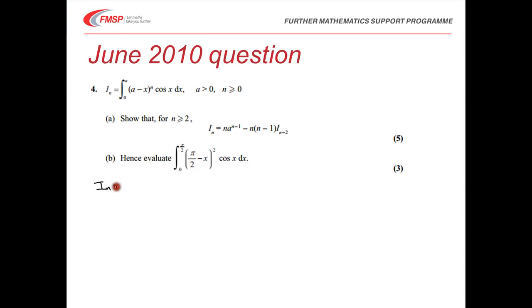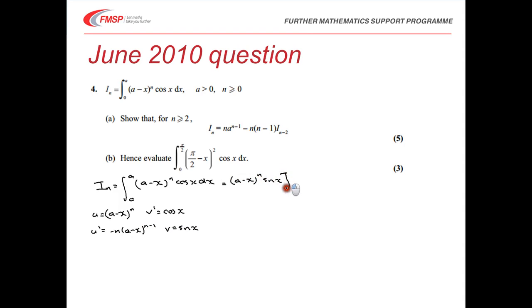So we have I_n equals the integral from 0 to a of (a minus x)^n times cos x dx. As I say, we're going to use integration by parts. So it seems to me that the thing where we want to reduce the power is (a minus x)^n, so that will need to be u, and v' will need to be cos x. So u' therefore is minus n(a minus x)^{n-1}, and v will be sin x. And if we use the integration by parts formula, we're going to have (a minus x)^n, so this is u times v times sin x, and this is a definite integral, so we need to evaluate that between 0 and a and take the difference,